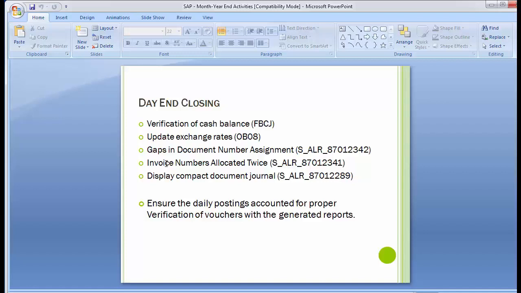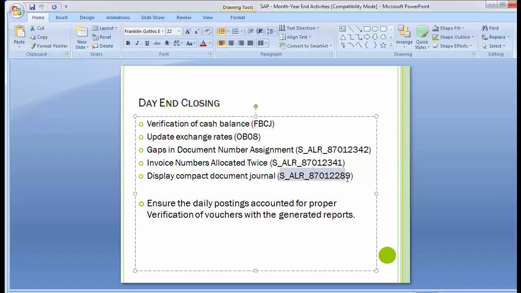as a compact report. So the company, or the manager, doesn't want every document to be printed separately, but he wants a compact report wherein, in a consolidated way, he can come to know what are the different transactions that have been posted on a particular day in the SAP system. So to have that, you have the report